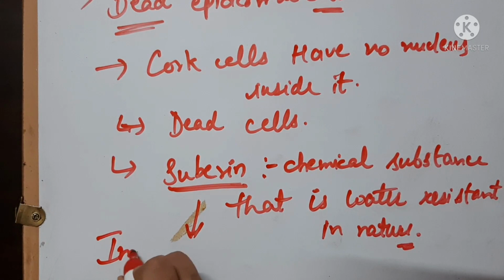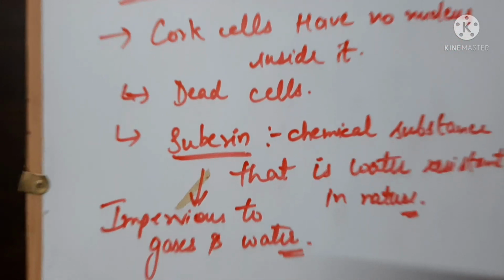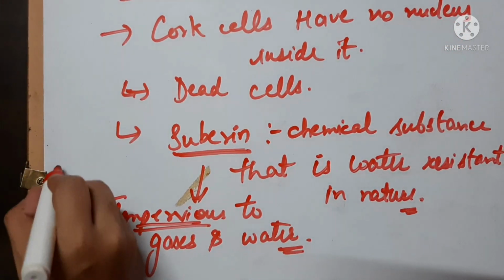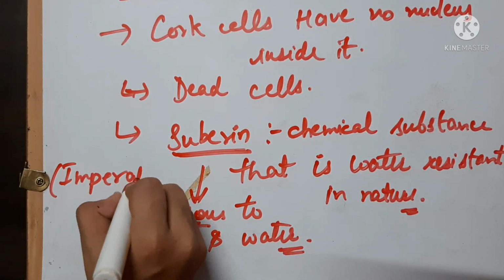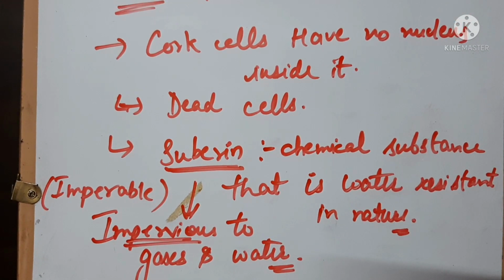It is making the plant impervious to gases and water. impervious का मतलब क्या है? Impermeable. That means ना तो कुछ अंदर आ सकता है ना कुछ बाहर जा सकता है. It will make the cell walls impervious, or you can say impermeable, to any gases or to the flow of water also. The water and the gases cannot flow from inside to outside or vice versa. The suberin in cork cells makes it impervious to gases and water.